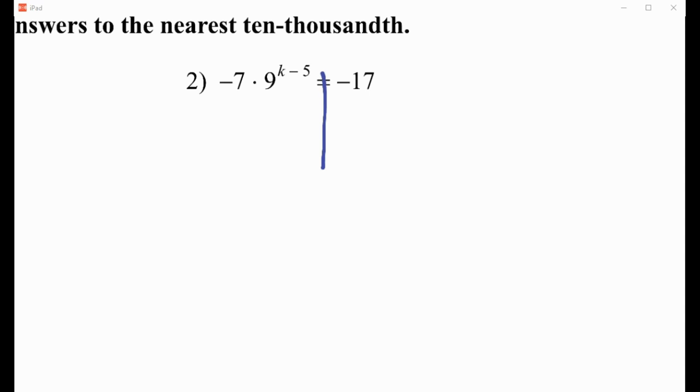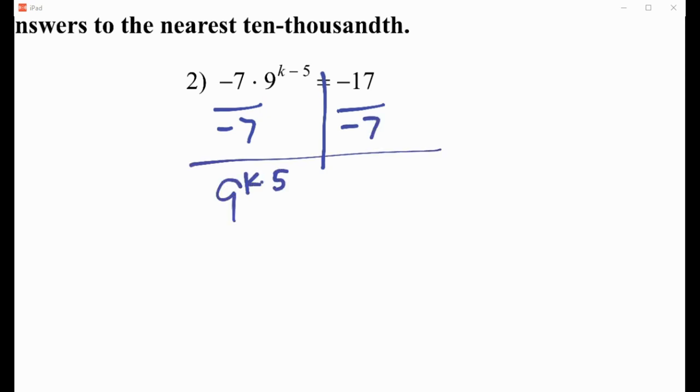So with this one, that dot again is multiplication, so I am dividing by -7. So I get 9 to the k minus 5 power equals 2.43. And then I rewrite it as